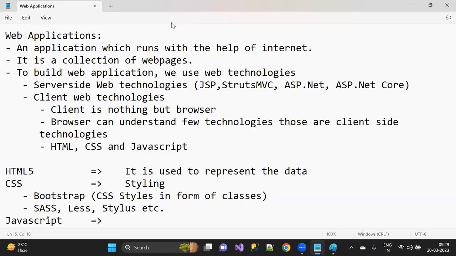Okay, in simple terms, I can say HTML is just used for data representation. Suppose I have a collection, then I can display it in a table. Suppose I have a list of course names that I'm going to teach. I want to display it to the user where I can take an ordered list or unordered list. And at the time of displaying, I just want to give some styles. There I can use the CSS.